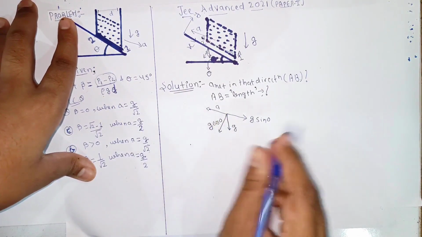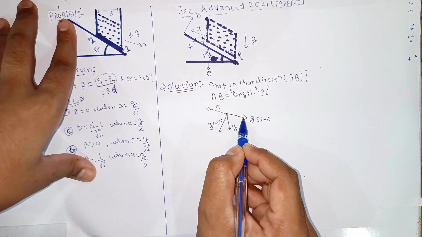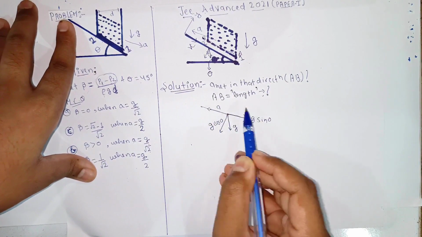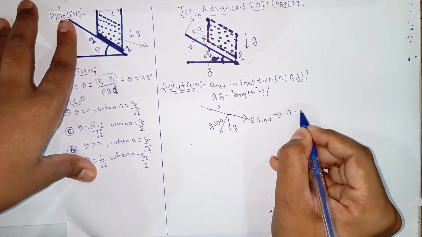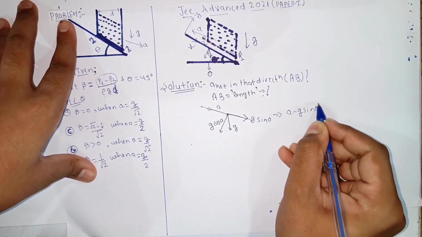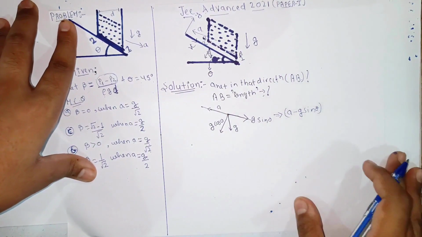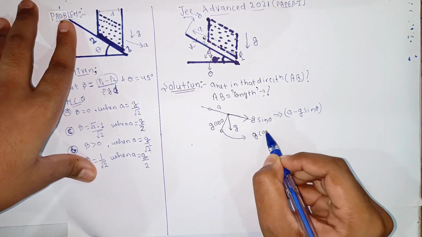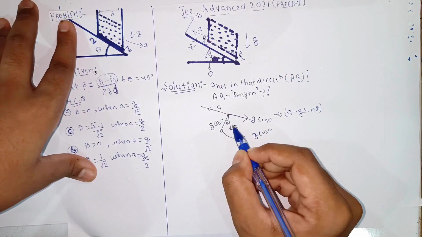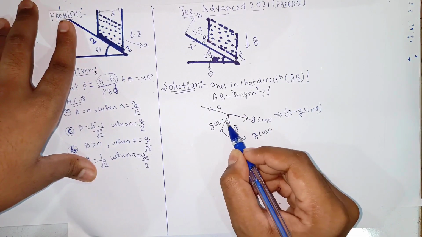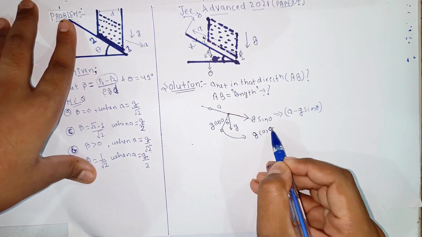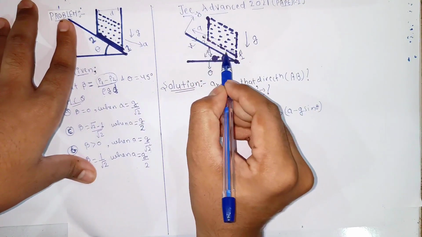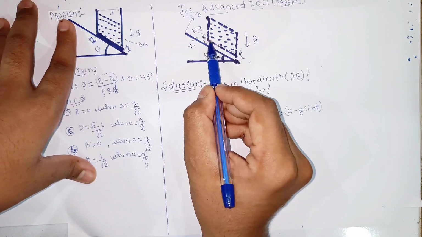So here are the vectors that I am trying to show to you. Along this direction, the net acceleration can be written as A minus G sin theta, or G sin theta minus A accordingly. You can write it in any form, and along this direction the net acceleration is G cos theta only. This was theta, and I have broken this G into two components. This is G cos theta. So let us travel along this direction. Also we have to find the length as well.